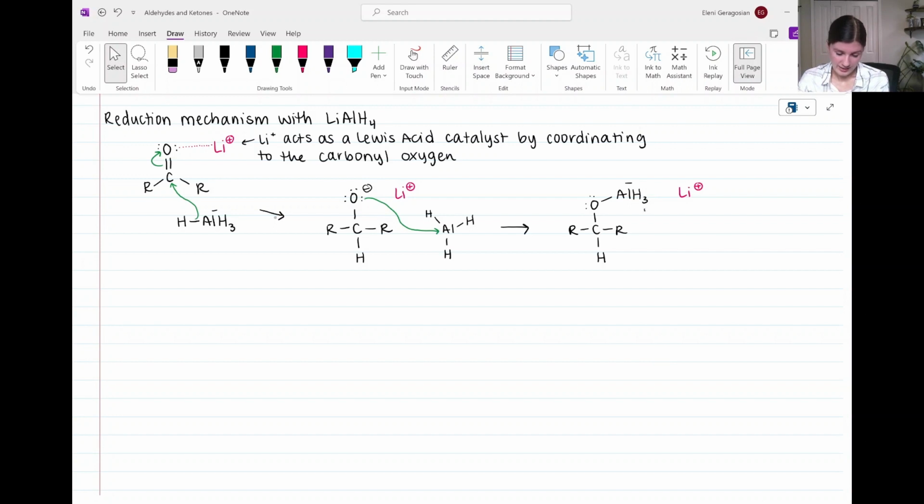These hydrogen atoms can act as hydrides to reduce further aldehydes or ketones present in solution. So these hydrides are active in further reductions